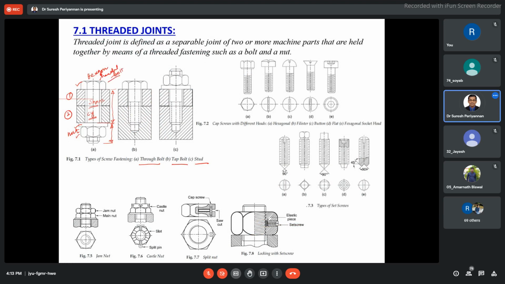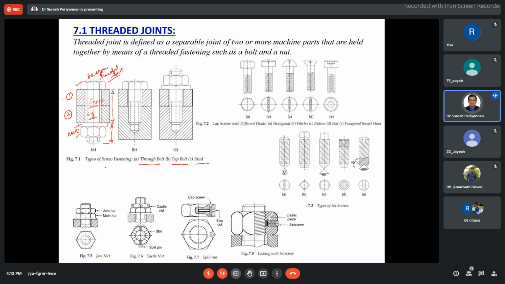Okay, hexagon headed bolt. Now the threads, we already discussed the threads. What is the pitch? What is the thread angle? What is the mean pitch diameter? What is the minor diameter? What is the major diameter? Those things we will discuss later. Now just discuss about the